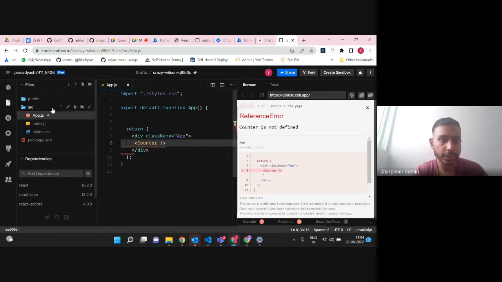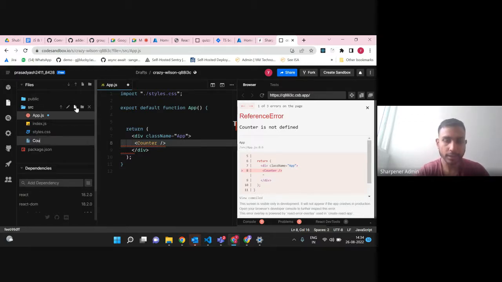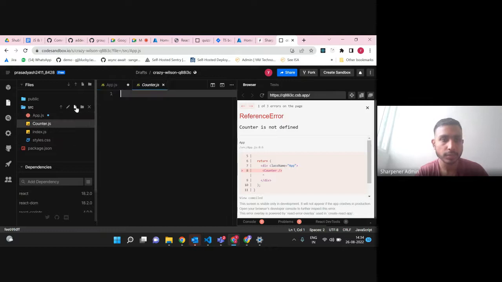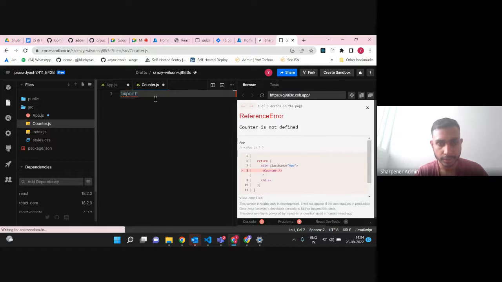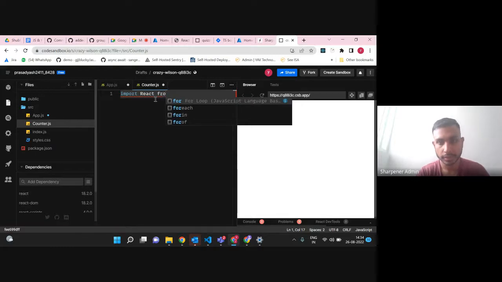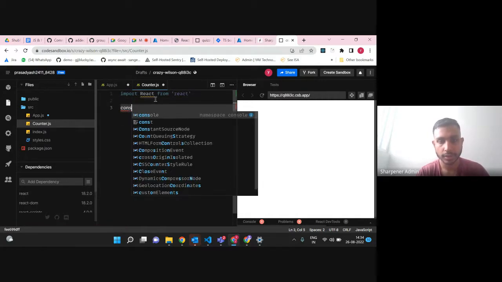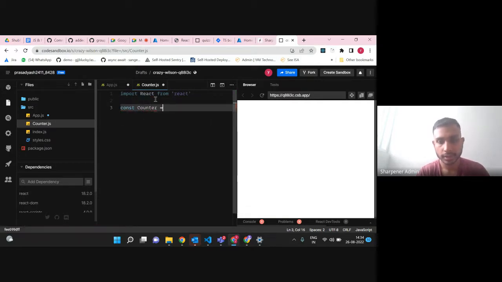And I'll add the same component somewhere else. Let's just add it over here, a new file, and I call it counter.js. Now what I'll do is import React from React, and I will do const Counter is equal to,